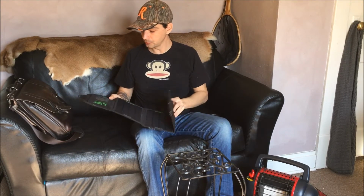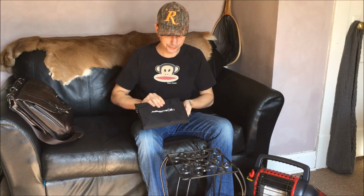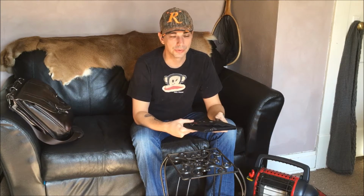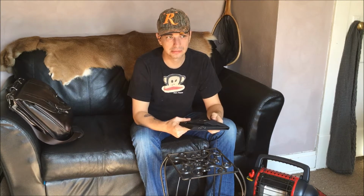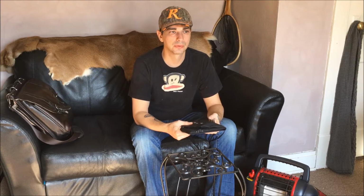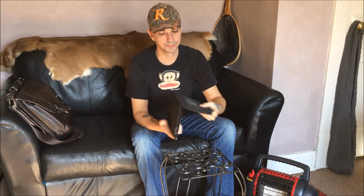It is very simple to use. On the inside, this pocket right here, there's a dual USB port. Now what I do is, yeah, it's great if the sun's out, but what do you do when you want to use this at night? Well, there's several options. I have a little battery pack that you can get at Walmart, Walgreens, Kmart. They're designed for cell phones, and you can get a 700 milliamp, 30,000 milliamp. I've seen a lot of people use the handheld pocket car boosters, and you just plug it into the USB, set her out in the sun,